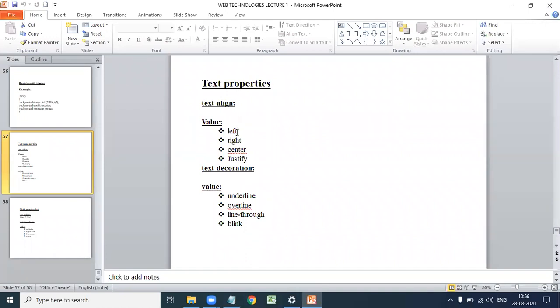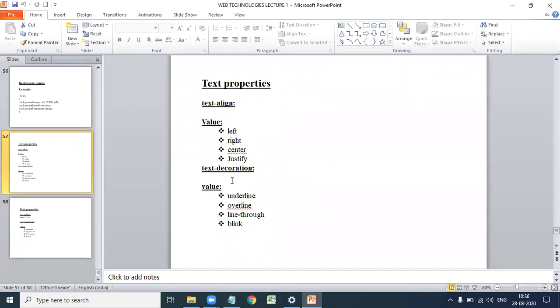Suppose if you want left alignment, text-align: left. If you want right alignment, text-align: right. Similarly center and justify.